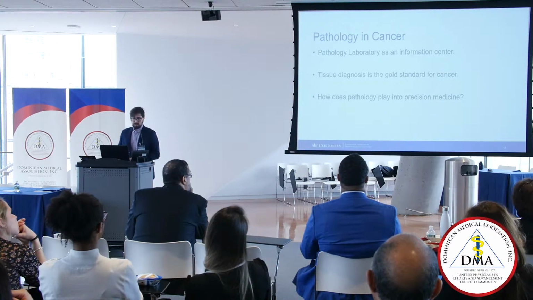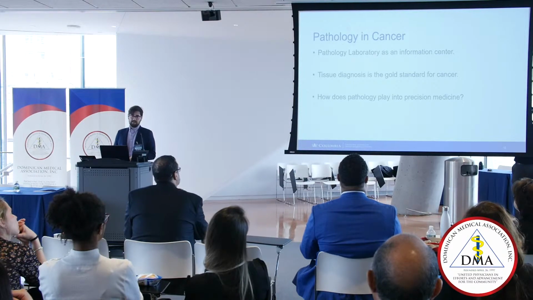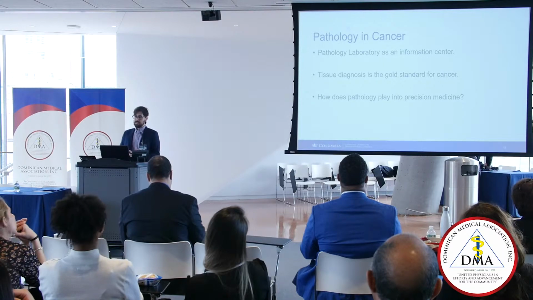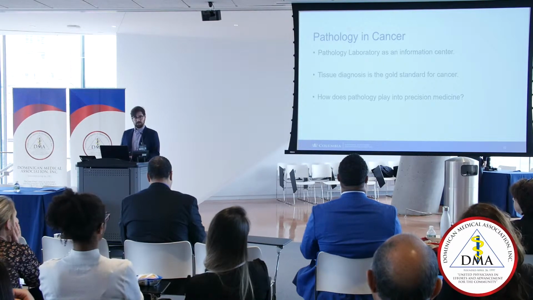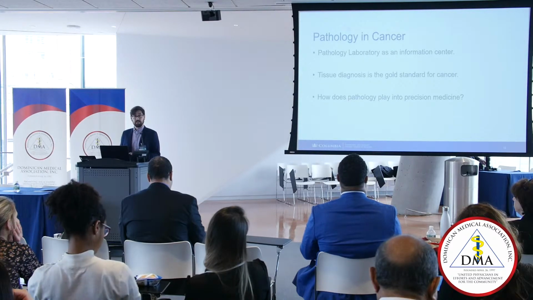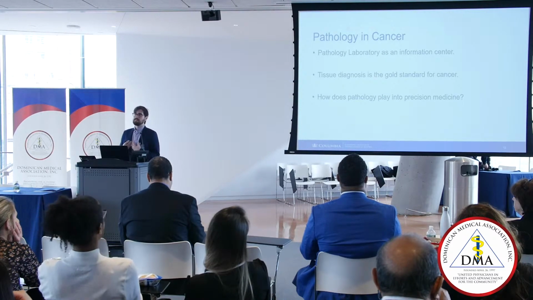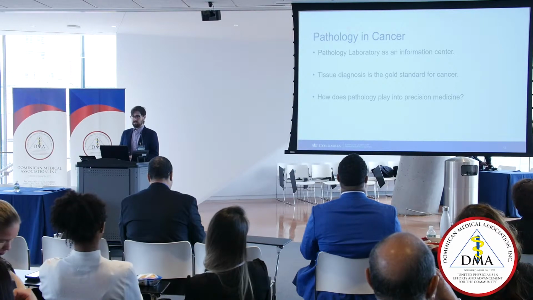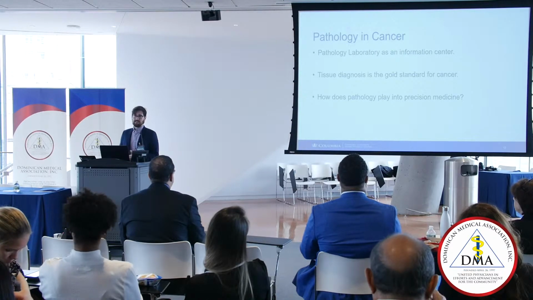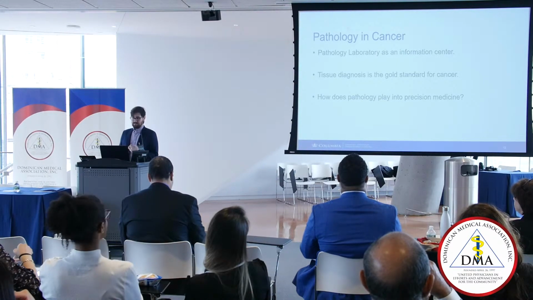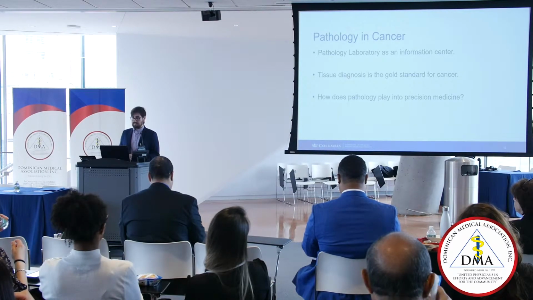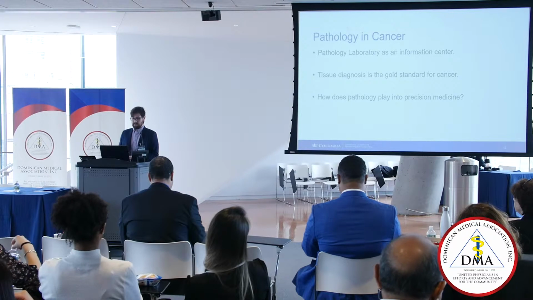So what does pathology serve in the treatment of cancer? Pathology really works as an information center. Our job is to basically take tissue and spit back a result. Clinicians in the community will just give us something, and we'll try to give them something they can use. We want to provide meaningful information for clinicians. The diagnosis of cancer really relies on tissue. So we need to have tissue that might be a biopsy or a surgery. Those are the kind of things that we need to establish a diagnosis of cancer.